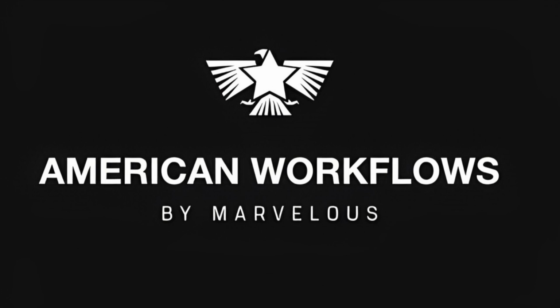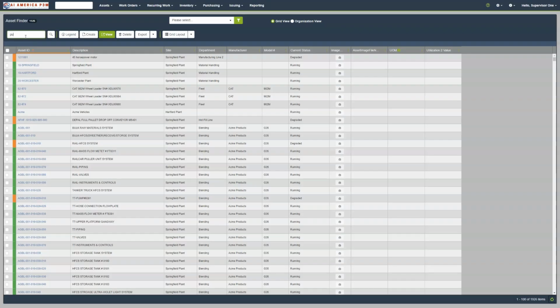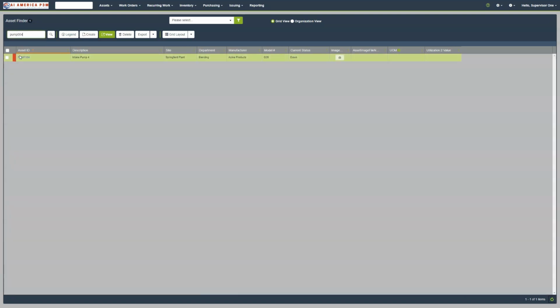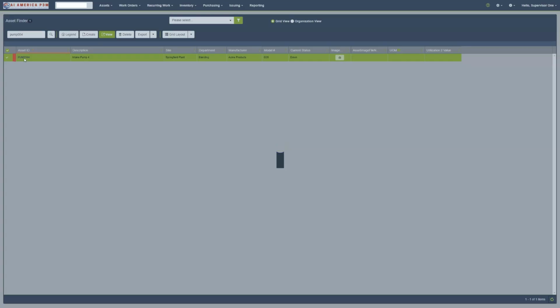Let's begin by putting our asset ID, for example pump004. When I click on enter, as you can see, the asset that I searched with the asset ID appears with the description, inside this site, inside this department, and the manufacturer. We can see the model number with the current status, currently down. So when I click on this asset,